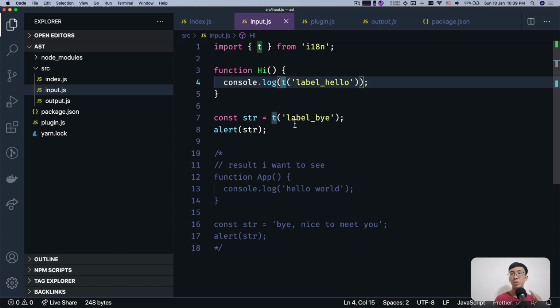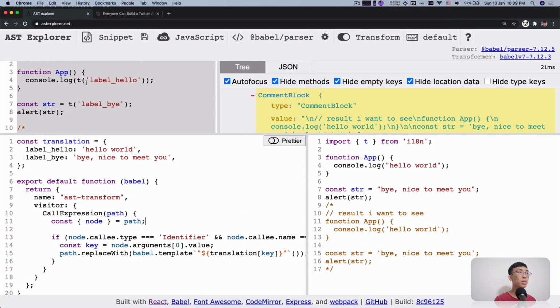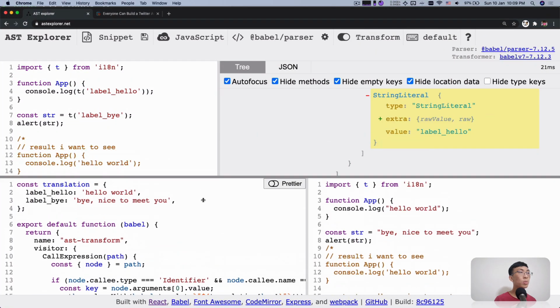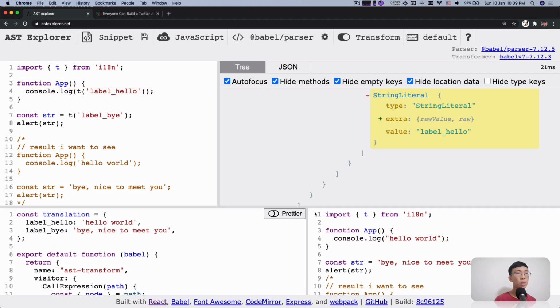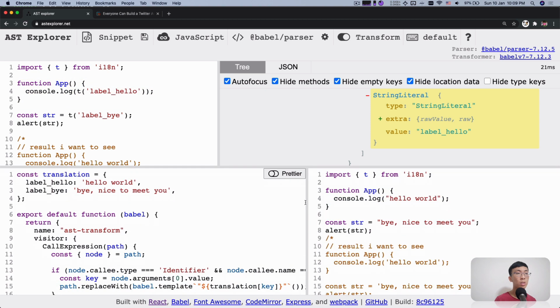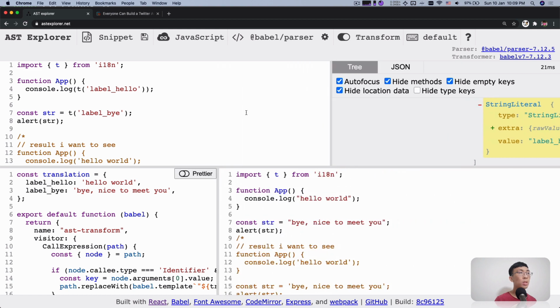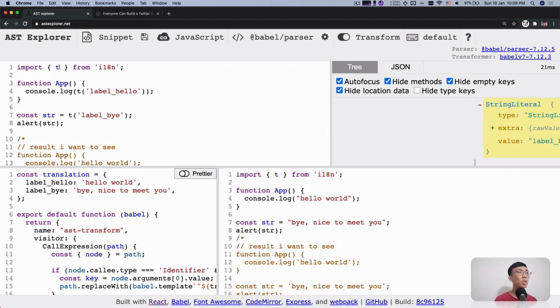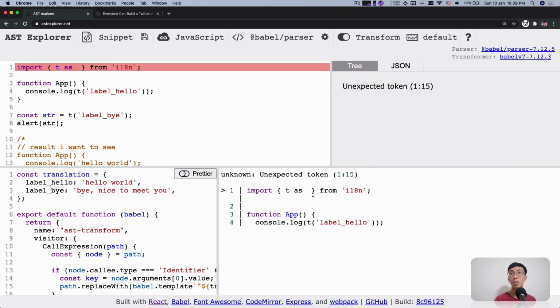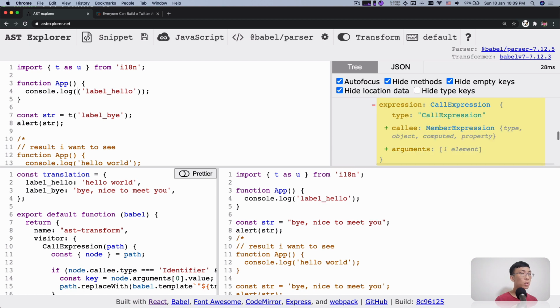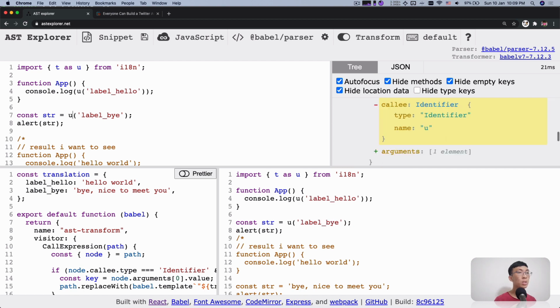I think it's better that we go to the ASTExplorer so that we can see this more clearly. Focus on both the input file and the output file. If I change this to import t as something else, like u, and we use u over here and u over here,